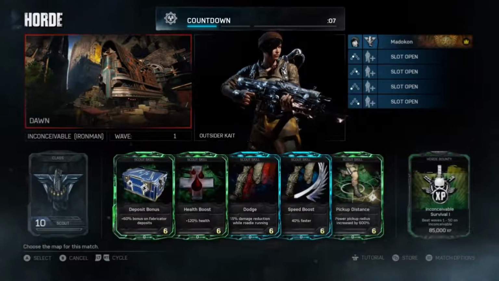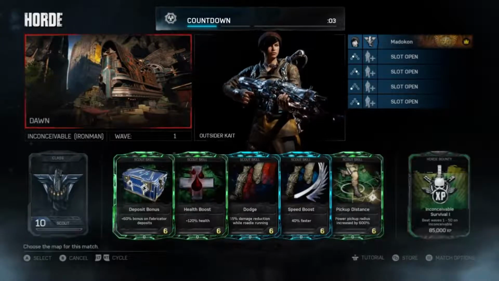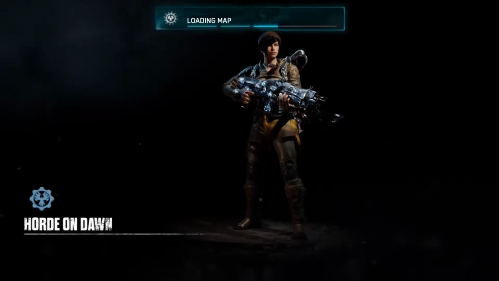We go in here with the typical setup: one scout, one sniper, one engineer, one hammer soldier, and one siphon soldier. While this loads up,